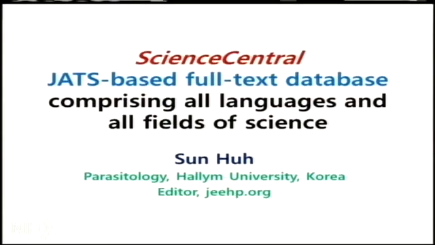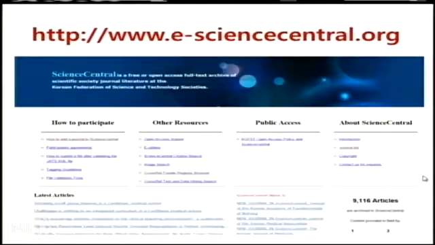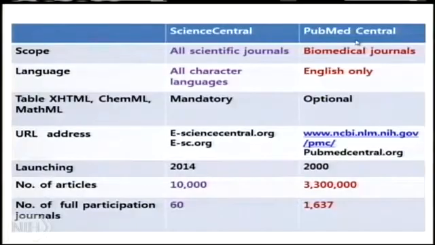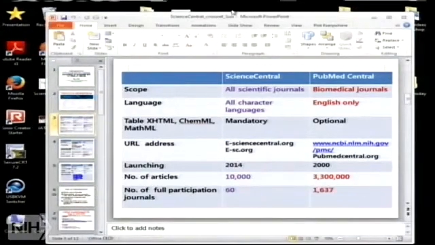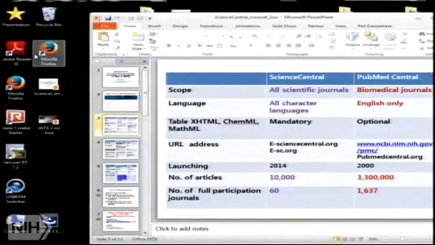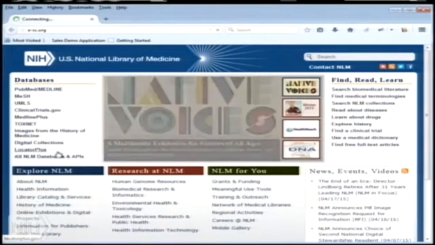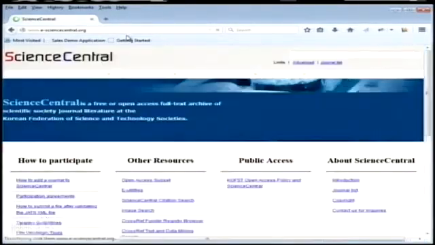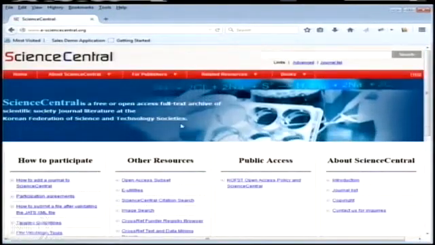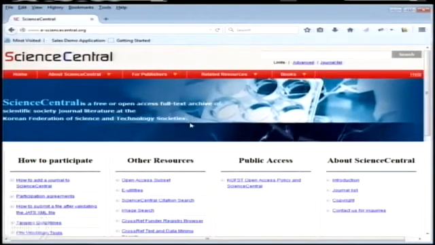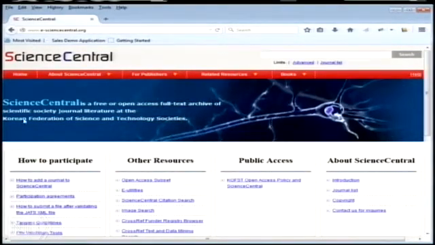ScienceCentral is a JATS-based full-text database comprising all languages and all fields of science. I'll show you the site. It's a free or open access full text archive of scientific society journals, literature at the Korean Federation of